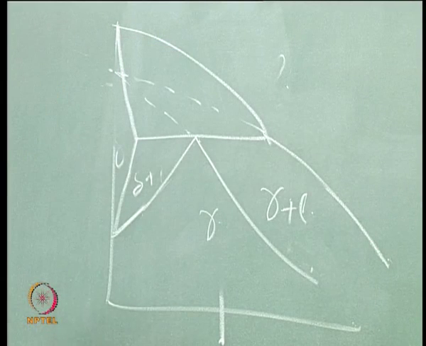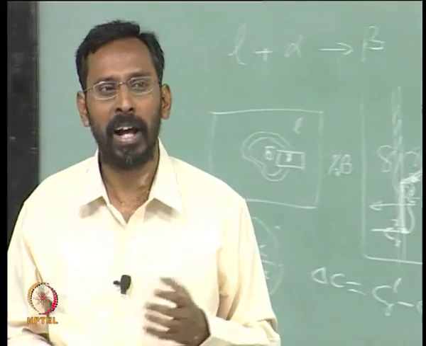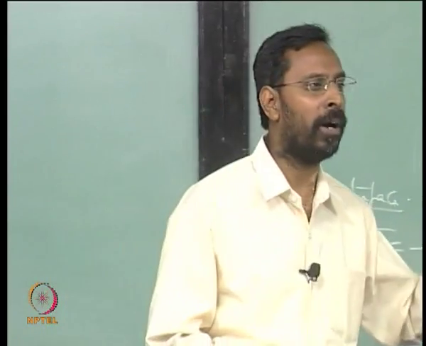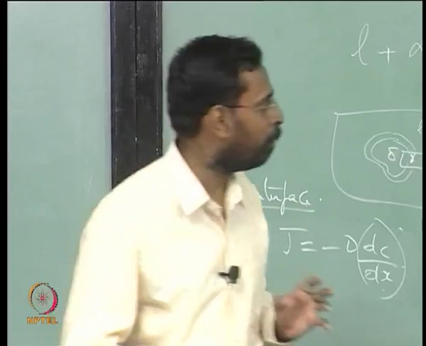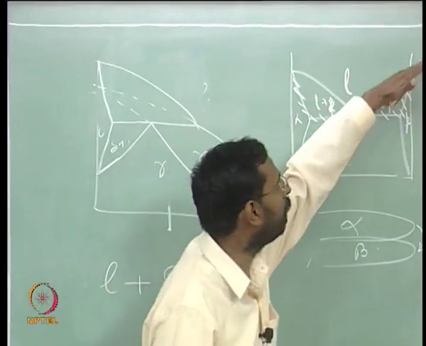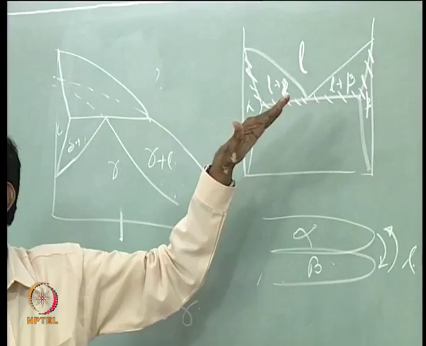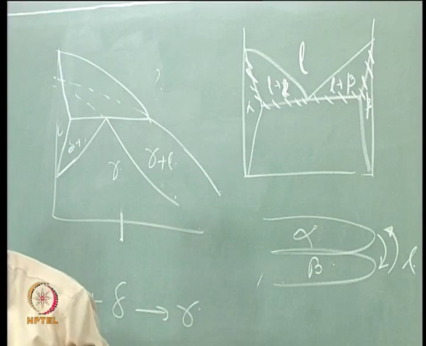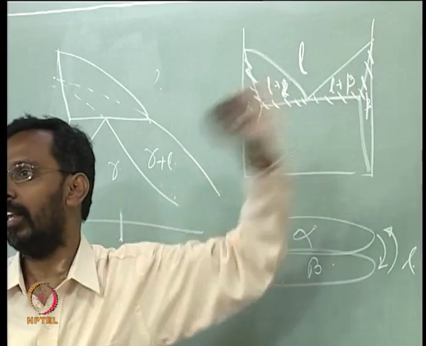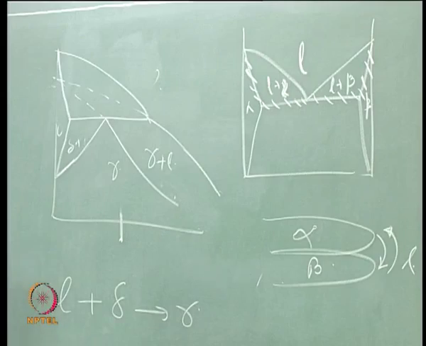By now you should, because we are talking more and more about equilibrium of liquid with one phase, slowly start understanding, because possibly earlier when you were talking of phase diagrams you never talked about gamma liquidus and delta liquidus. Similarly, when we talk about this liquidus, this is the alpha liquidus, this is the beta liquidus, though both are liquidus, the liquid on this side is in equilibrium with alpha, liquid on that side is in equilibrium with beta. So, these things have to be ingrained into you as you go along.